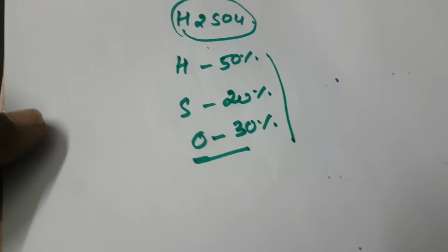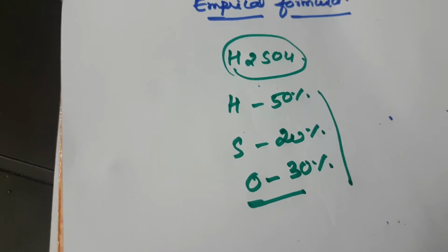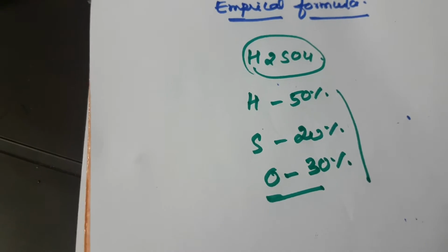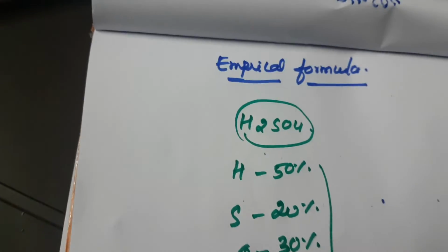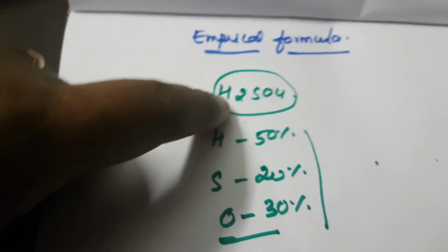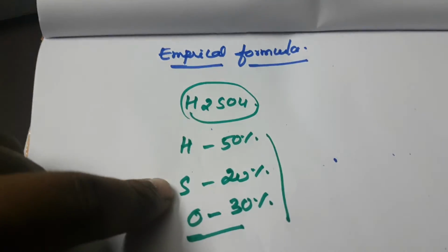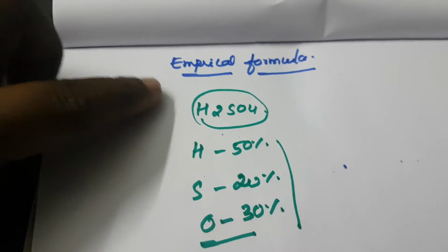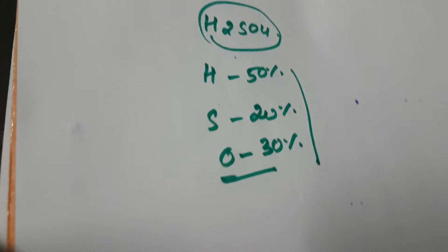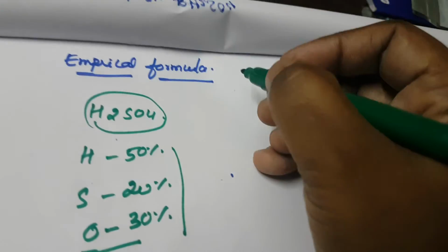What is meant by the definition? The definition is that it is the formula written with the simplest ratio of the number of different atoms present in one molecule of the compound. So converting the percentage of the compound into the simplest ratio and writing it, that is the empirical formula calculation. I will give one example. First example,